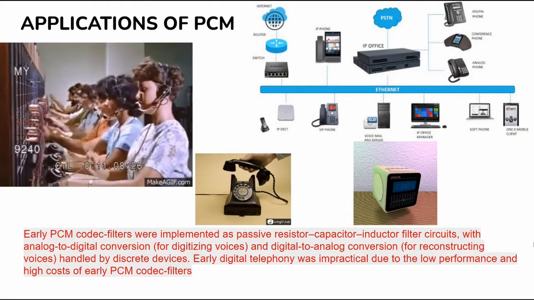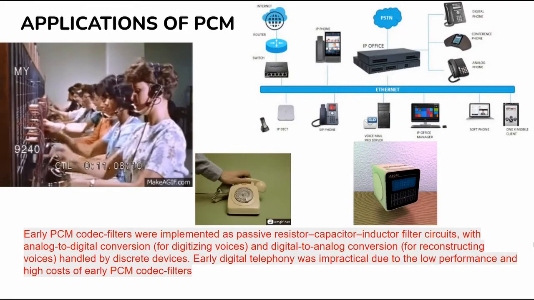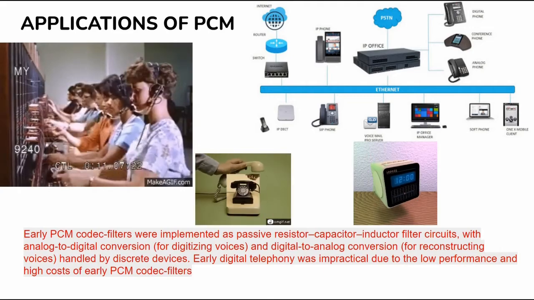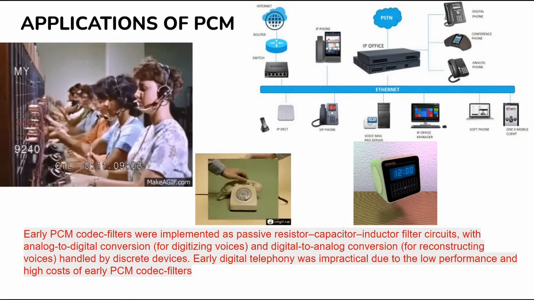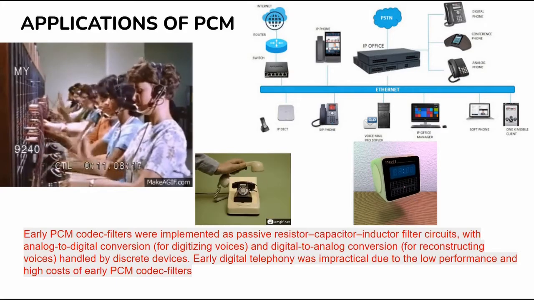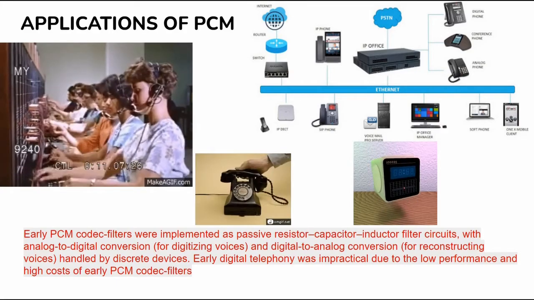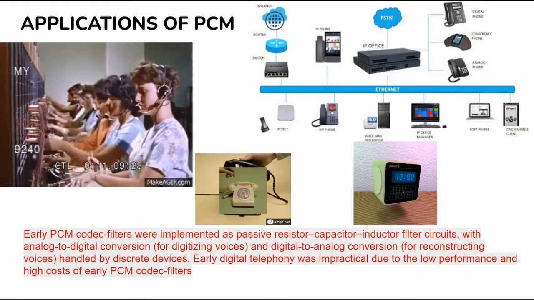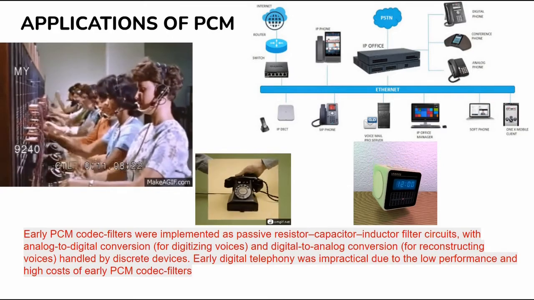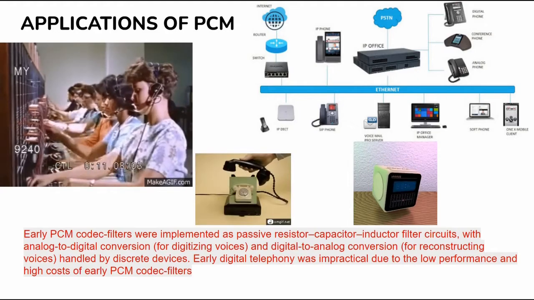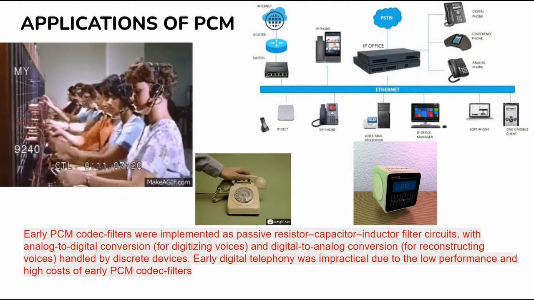One of the best uses of PCM is the digital telephone. The earliest end-to-end analog telephone networks to be modified and upgraded to transmission networks with digital signal 1 carrier system date back to the early 1960s. They were designed to support the basic 3 kHz voice channel by sampling the bandwidth limited analog voice signal and encoding using pulse code modulation.